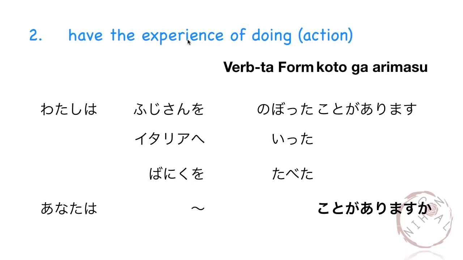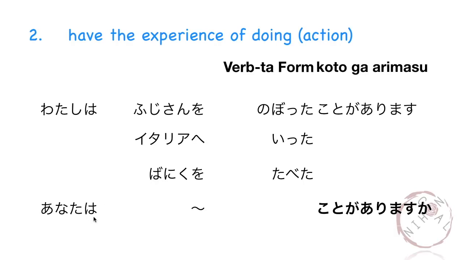Next, we've also learned how to express having the experience of doing an action or a verb using ta form followed by koto ga arimasu. For example, 私は富士山を登ったことがあります。イタリアへ行ったことがあります。馬肉を食べたことがあります。